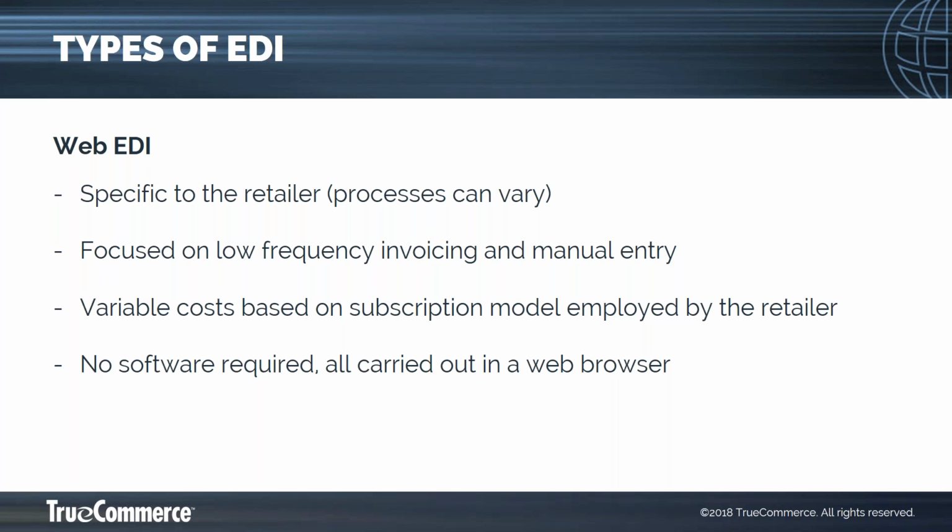And buying organizations often talk about the 80-20 rule, whereby 80% of their volume is done by 20% of the supplier base. And those 20% of suppliers are typically EDI capable and fully integrated. However, it's that long tail end of suppliers, the 80% who do 20% of the volume, that often cause many of the administrative headaches, as they prefer more manual paper-based processes and have a lack of systemization in place.